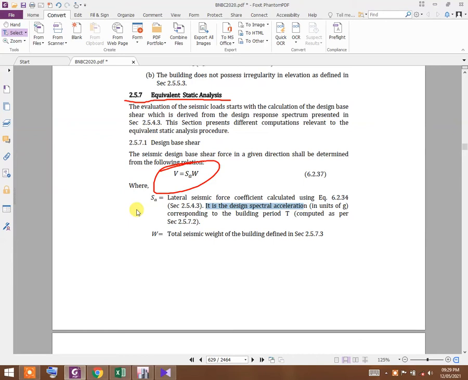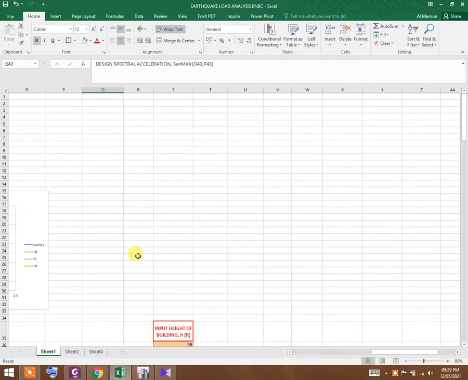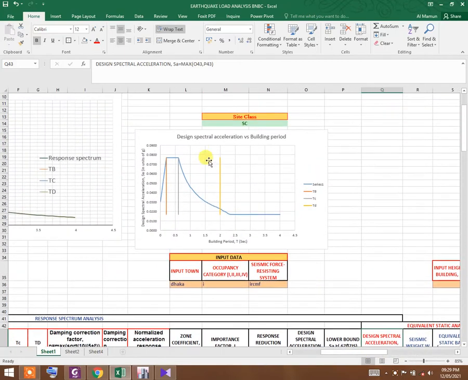Okay, so let us go to the Excel sheet. Here you can see the response spectrum function. The design spectral acceleration is plotted against the building period.